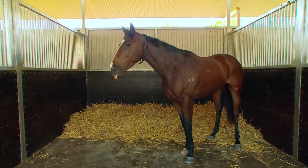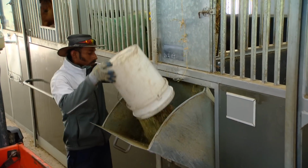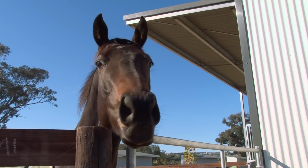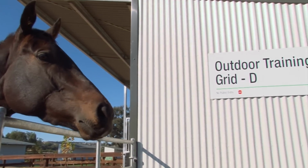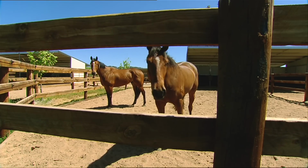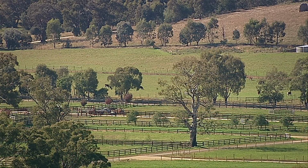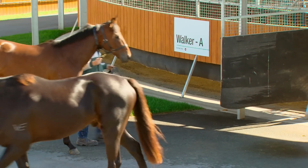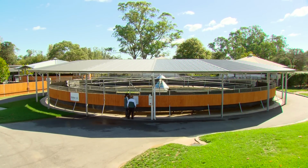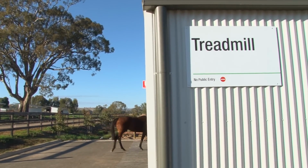The 1,200-acre property features 76 stables, 36 walk-in, walk-out yards strategically located close to the center of the training hub. Laid out throughout the complex are 32 spacious irrigated day paddocks. Features of the hub include large horse walkers, high-speed treadmills for conditioning,